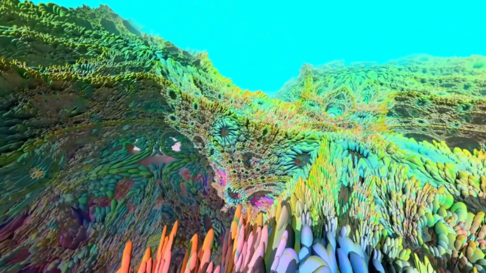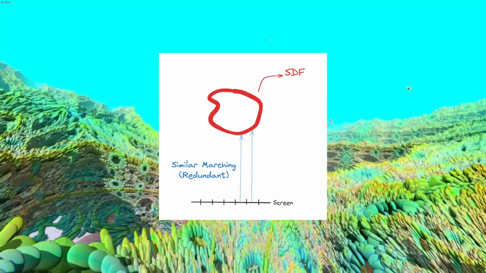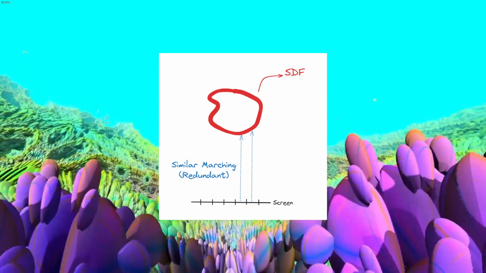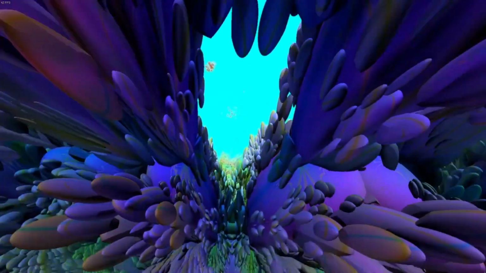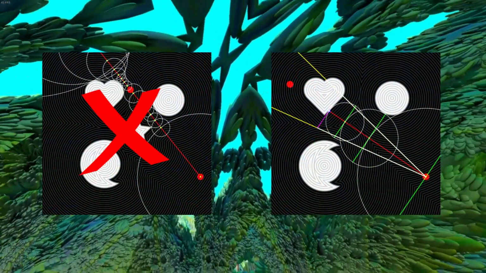Ray marching is an algorithm for rendering signed distance functions onto a 2D screen. It is done by marching a ray from every pixel on the screen and checking if it has hit an object in our scene. However, this makes it inefficient as many nearby pixels would actually execute the same calculation, making it redundant. Cone marching comes along to resolve that, where instead of marching a ray every time, we march a